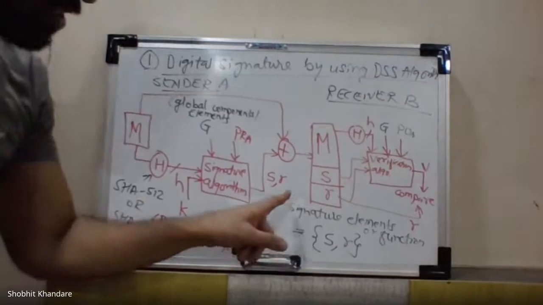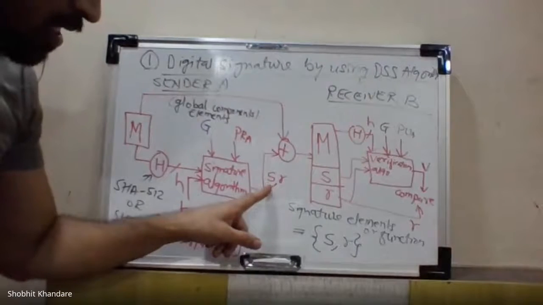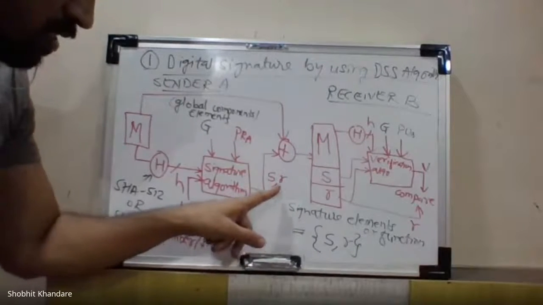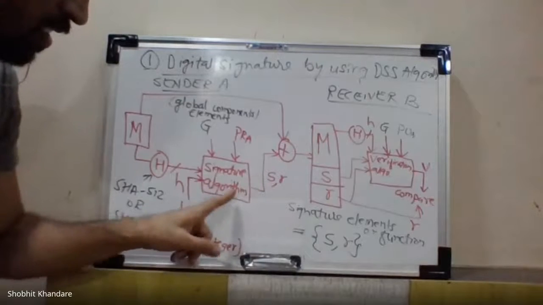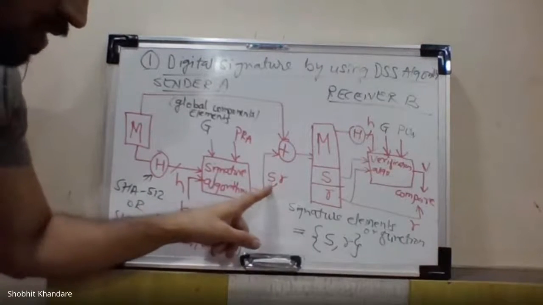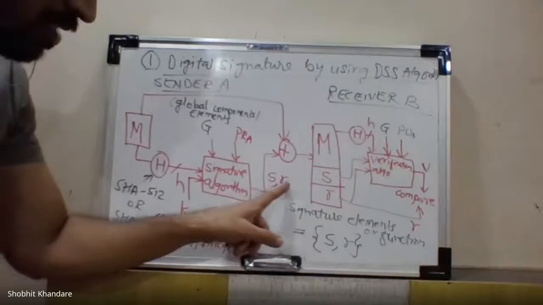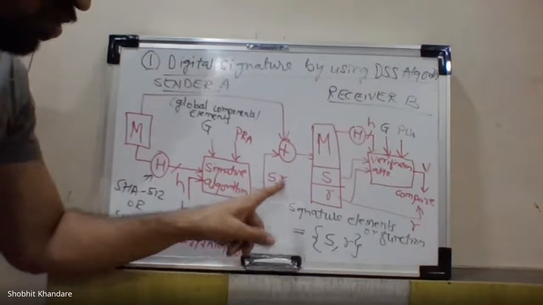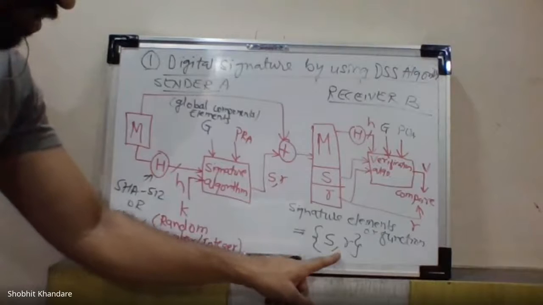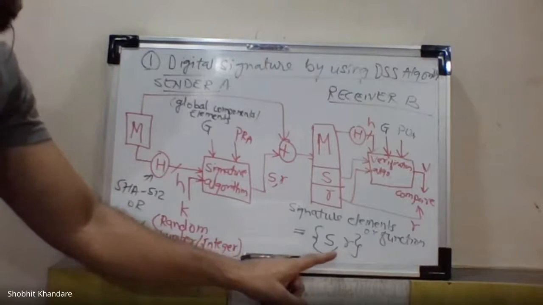These are the signature elements, because these are the two elements which are the output of the signature algorithm. That's why they are called signature elements or signature functions. So s and r are the signature functions which must be applied at the sender side,